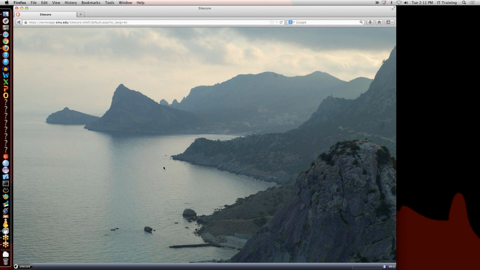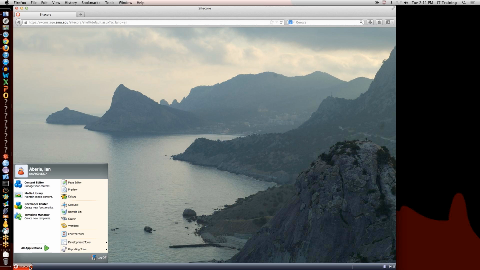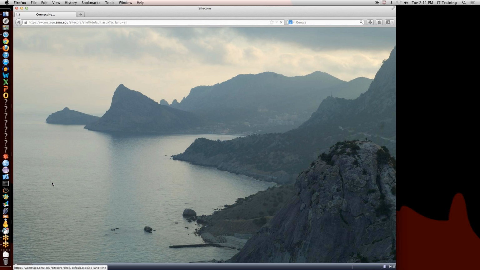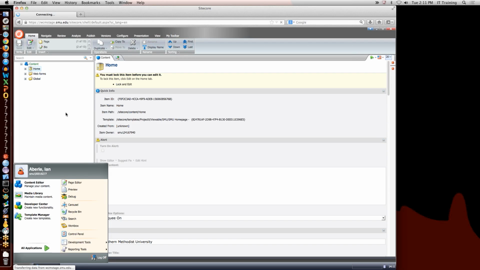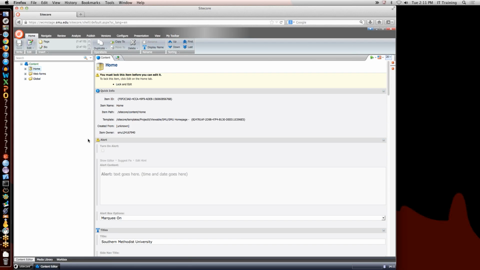Great. Now the interface you're seeing here will be a little bit different than what you see when you log in, just because I'm an admin, and so I have a few extra buttons here. But once you log in, what you will see is the content editor. Oh, it's still loading. Give that a second. There we go. It takes a little longer. I have all this stuff that has to load, but you should have something that looks pretty much like this